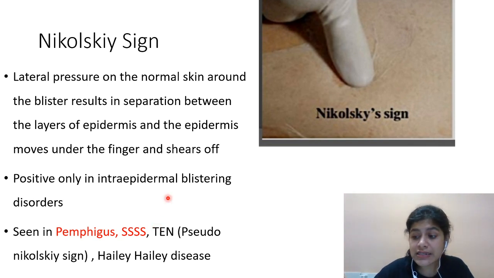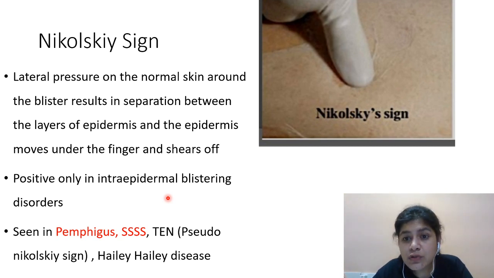Now, what is Hailey-Hailey disease? Hailey-Hailey disease is a genetic condition. It's an autosomal dominant condition in which there is a genetic mutation of the ATP2C1 gene. Okay, and this gene is expressed in the suprabasal layers, and this gene is responsible for the normal functioning of the calcium pump. So what does this calcium pump do? It is responsible for putting calcium from the extracellular location into the intracellular location, and this intracellular calcium is important for the functioning of the